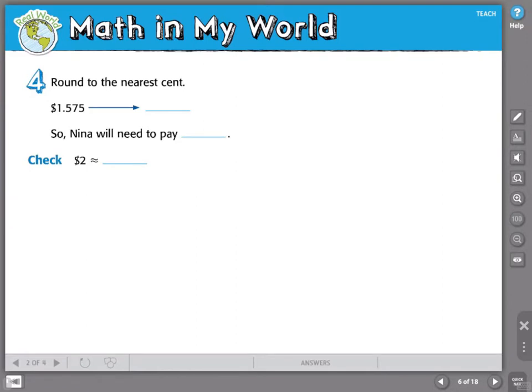So now I have 1 and 575 thousandths of a what? This is why we need to round to the nearest cent. When we use our money, we don't go to the thousandths place. We go to the hundredths place. When I talk about a cent, I'm talking about a penny, the hundredths place. That is right here. So I'm going to take a look at this guy right next door. He's a 5. He tells me to round up. So that would be 1 and 58 cents. Nina will need to pay